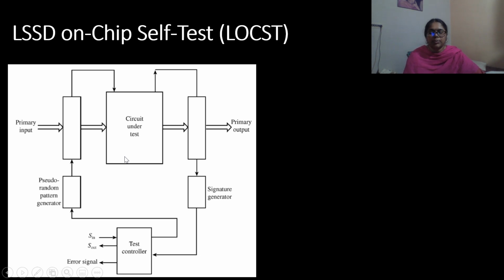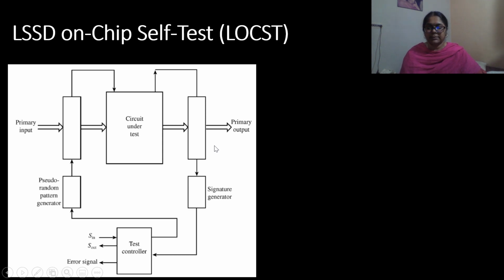So these are the boundary scan cells at the input and the output. The input and the output boundary scan cells together with the memory elements in the circuit under test form the scan path.